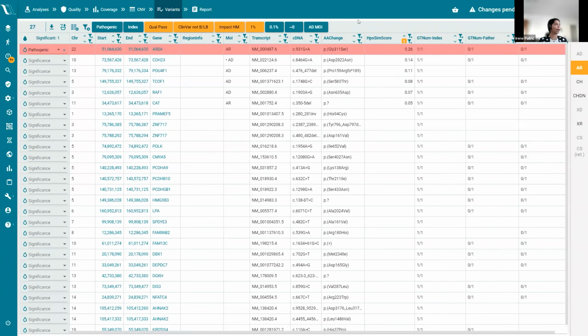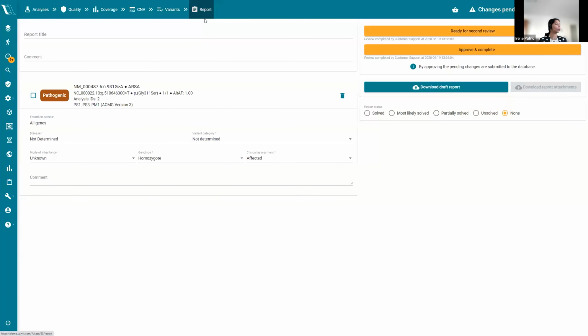So now I can show you how the report view looks. I will go to the report view, and then the one variant that I had classified is also appearing in the report view, and I can choose to enter the disease, the variant category for which I'm reporting, the mode of inheritance, genotype, clinical assessment, and then save this information and send it for a second level review, or I could also approve and complete it right away such that I can download the